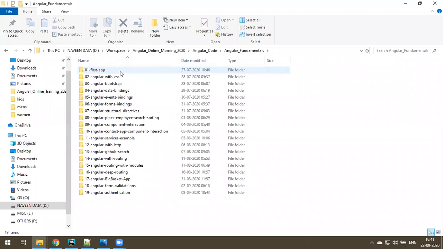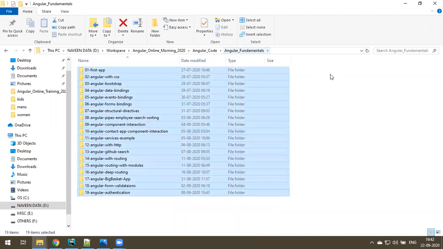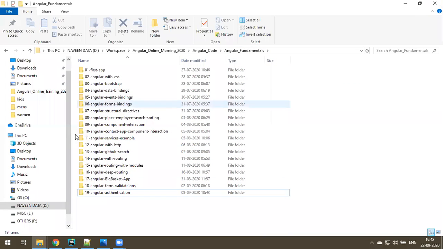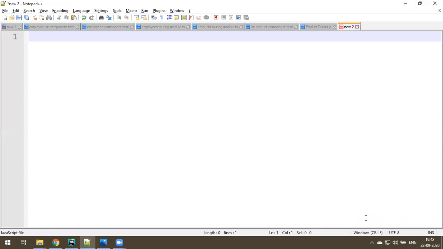Yeah, this forms binding, and then we'll discuss structural directives, pipes, component interaction, a service example, HTTP, GitHub search, routing with modules, deep routing, Big Basket, form validation, authentication. Oh, long story. This all belongs to Angular fundamentals. Okay, so this is the large module we have to discuss. Almost 60% of Angular is covered here. We have a long way to go, and we'll start tomorrow with forms binding.